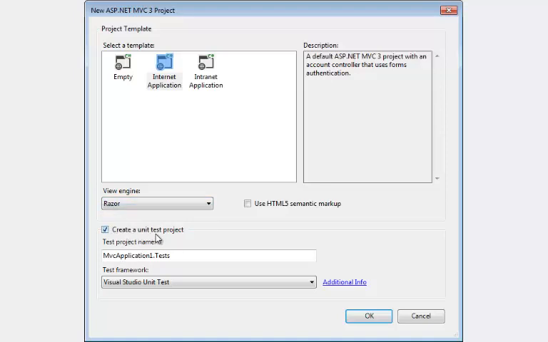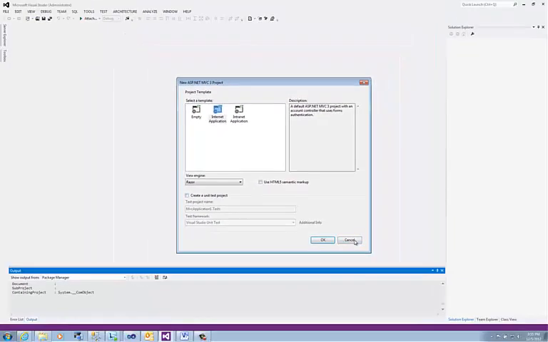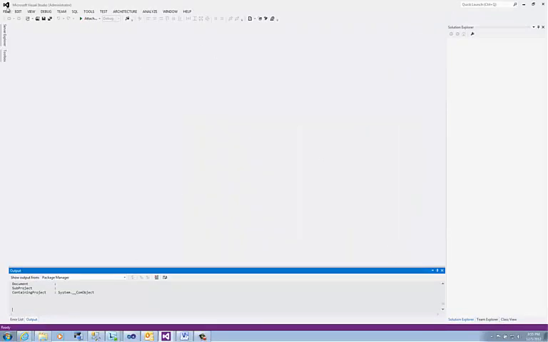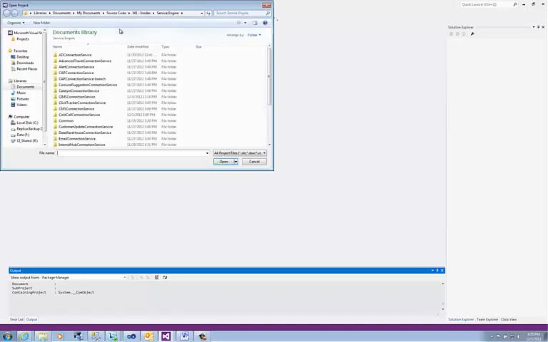If you're planning on doing TDD or test-driven development or any kind of other unit testing, you can check this off. I haven't been. Have not been a good boy as far as that's concerned. Probably should get used to that more. And then once you click OK, it'll create the project for you. But I'm going to open mine up,